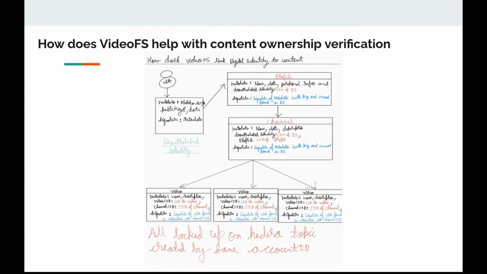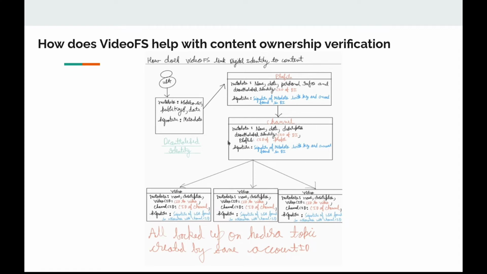So basically we have a user who gives their Hedera account and public key and a date, basically that's the metadata, and then we sign it, and then we persist it on IPFS. Then we create a profile, which is similar to this thing which we are calling decentralized identity, where we mention the name, date, etc. It's all up to the user. They can be anonymous if they want.